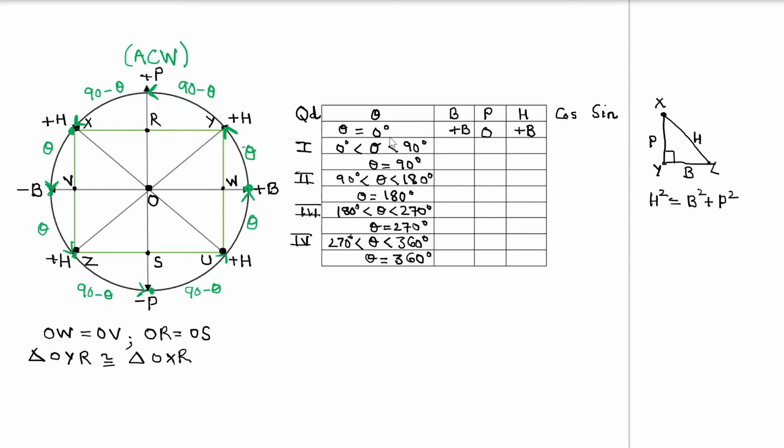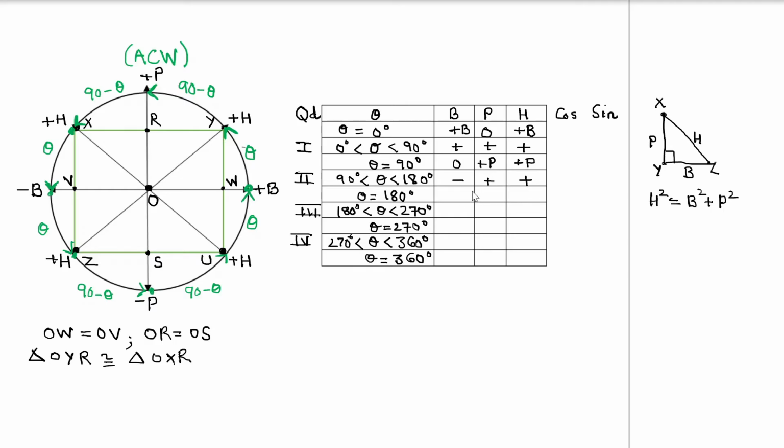Now when I say theta, can I say that in the first quadrant, referring to the diagram we have drawn on the Cartesian plane, both P and B are positive, and so is H? Now when theta is equal to 90 degrees, we are only talking about the perpendicular, which is positive here. There is no base that we have drawn, and the value of the hypotenuse is plus b. In the second quadrant, the perpendicular is positive, base is negative, and hypotenuse is positive.